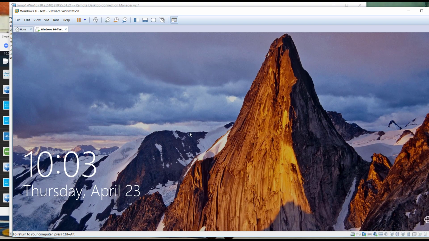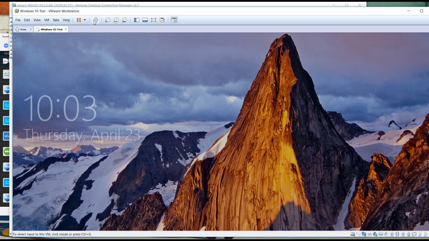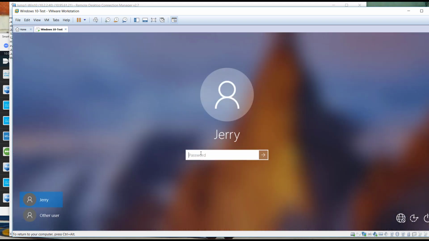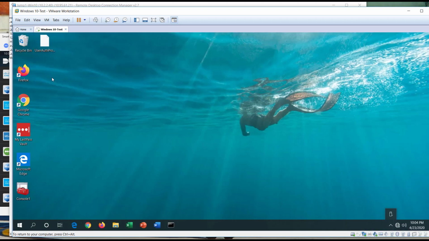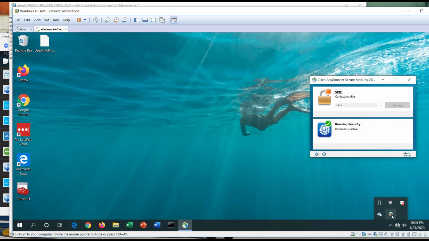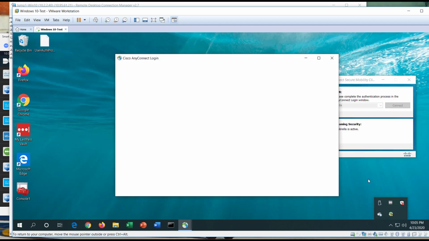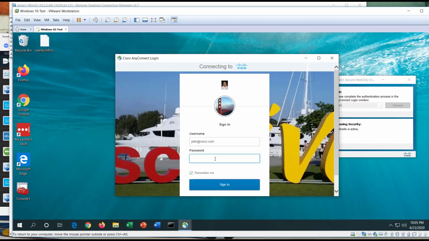Now let's jump over to my client machine, and I'm going to log into the machine here. You can see that the AnyConnect client has popped up, has loaded, and is now prompting the user for authentication to initiate the user tunnel. So I'm going to log in to the Okta portal,